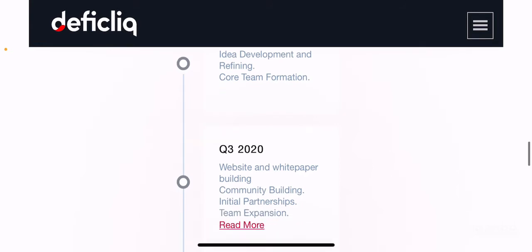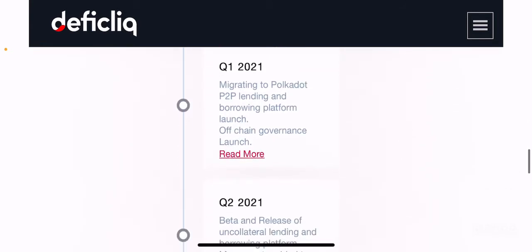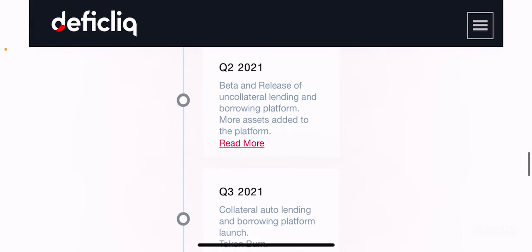So if you see some of their roadmaps, which I highly suggest you guys to see, in Q1 of 2021, they want to migrate to Polkadot. They want to initiate their peer-to-peer lending and borrowing platform, and also off-chain governance is planned to be launched in Q1. If you see Q2, beta and release of uncollateralized lending and borrowing platform, more assets added to the platform,